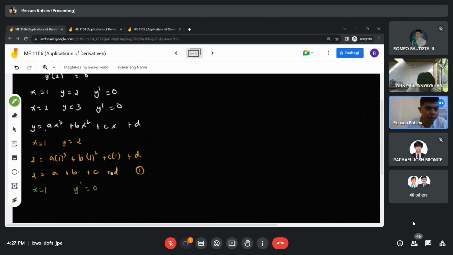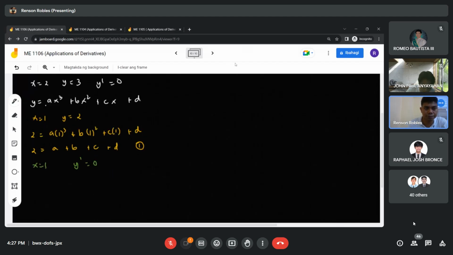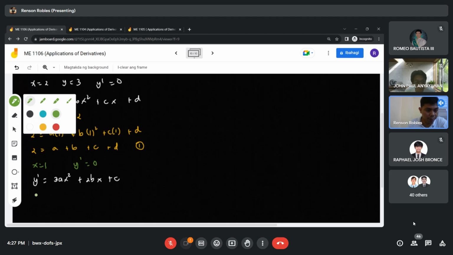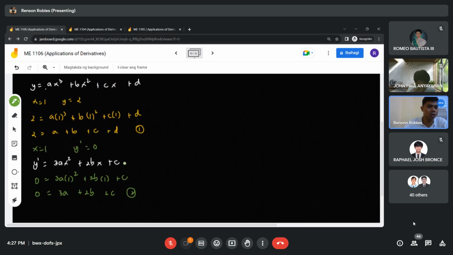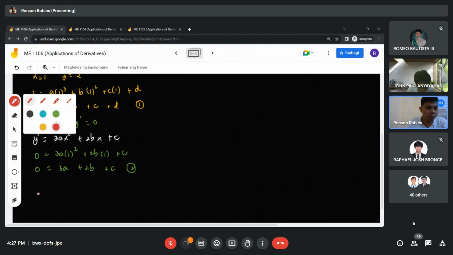So you need to look for y prime. You have 3ax squared plus 2bx plus c. And then you look for y prime at 1, 3ax squared plus 2bx plus c. You have 0 equals 3a plus 2b plus c. Mark this equation 2. Then equation 3 will be coming from when x is 2,